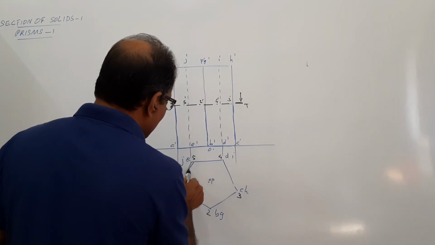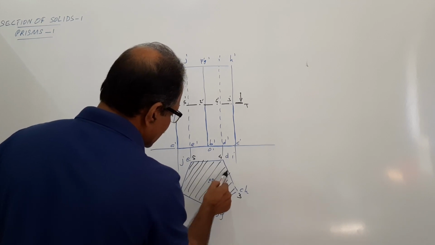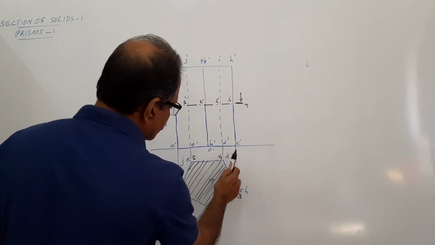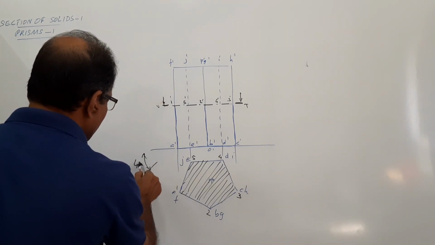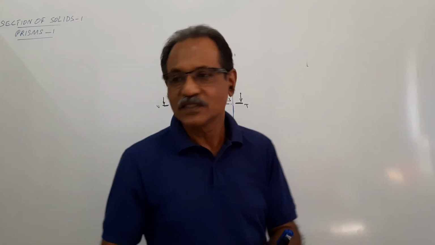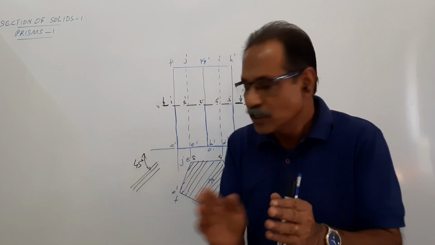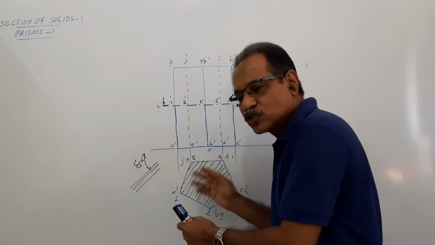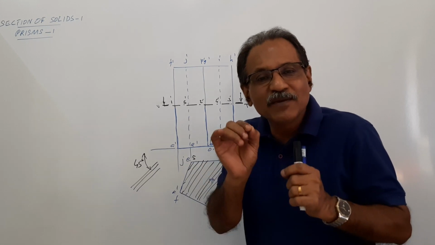Hatching lines are drawn. These are the hatching lines. These hatching lines are drawn at 45 degrees to the XY line, and these lines are about 1 to 2 millimeters apart. Whatever you choose, it must be uniform. Don't take 2 lines 1 millimeter and 3 lines, next line 2 millimeter. Don't give like that. In one drawing, all lines should be equally apart. 1 millimeter to 2 millimeter is good enough. 1.5 is ideal.